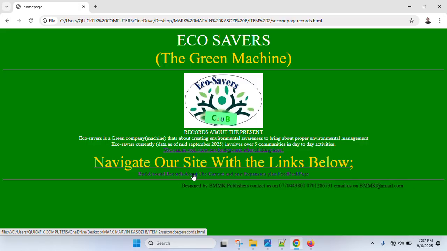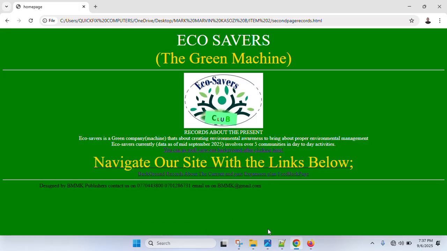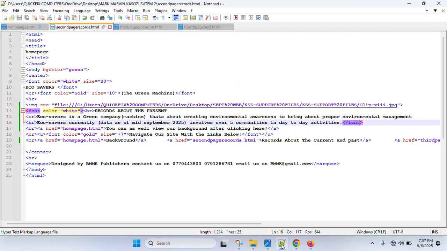Now, Notepad++ is an easier IDE to deal with. You can deal with it in an easier way if you've been using the normal Notepad. This one is going to be very easy for you to use. It's just advanced. So the second page is here, and I've already typed some information about the records, about the present. Now